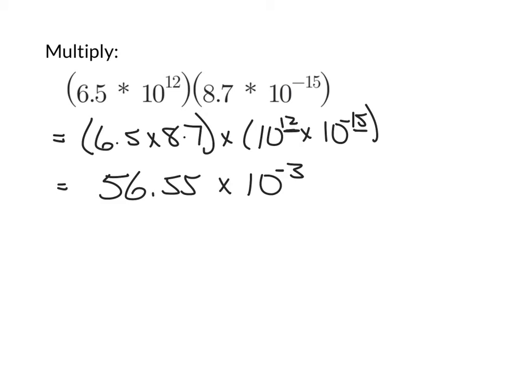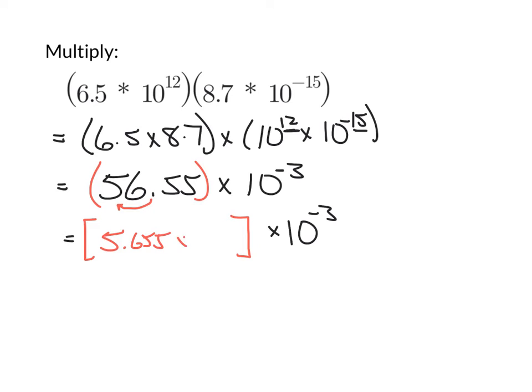But the answer that we're left with is not a number that's written in scientific notation. That's because this 56.55 is not between 1 and 10. We need that to happen in order to write this as a number in scientific notation. So I'm going to take a closer look at just that. I'm going to leave it as 10 to the negative third at the end. Right? But that 56.55, if we were to write just that term in scientific notation, we would have to move the decimal one place, so